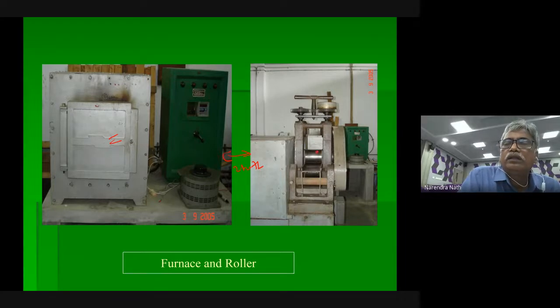This is the roller, and only one pass. After one pass, it goes to that side. We take it and again place it back here. The moment you take the button out, you can do only one pass, because by that time the temperature will drop. Suppose it is 850 at high temperature; the two rollers act as a cold sink. The rollers are cold, this is very hot, and the mass is very small, so all rollers will suck the heat.